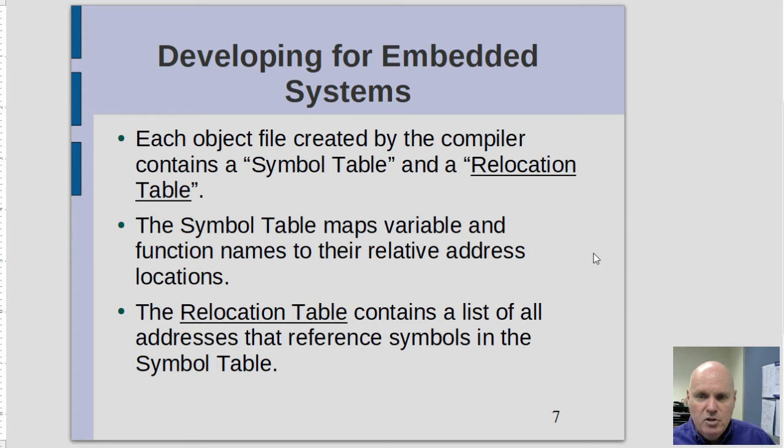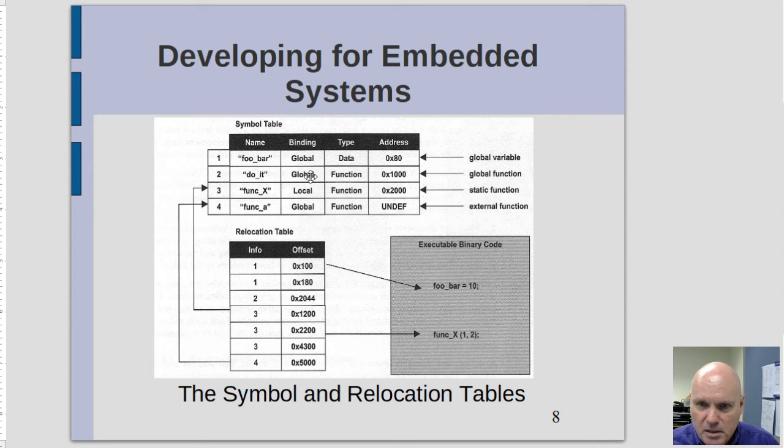And then the relocation table contains a list of all references in the file. So the layout's a little bit like this. In this particular case, there's a foobar variable that's at address 80 relative to the beginning of the file. Now, when this